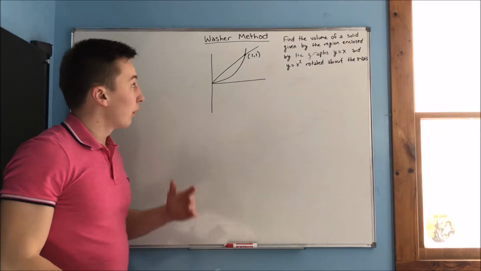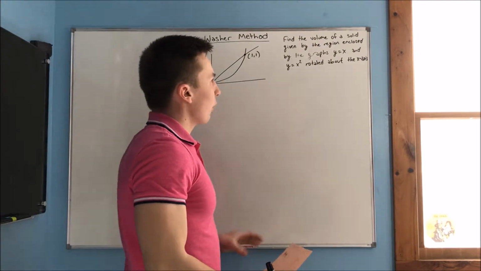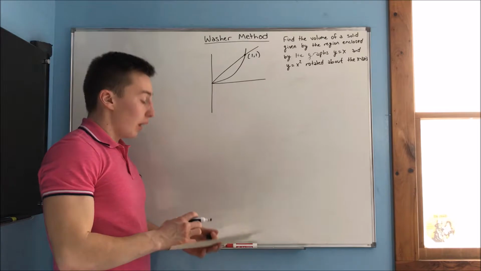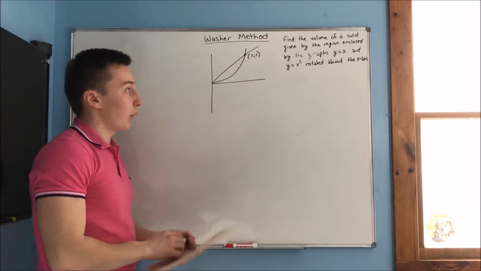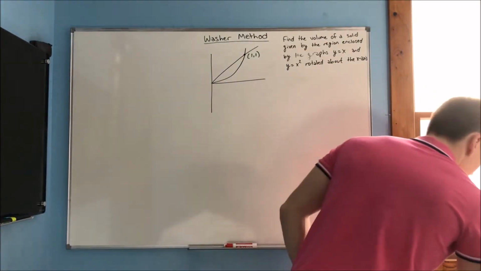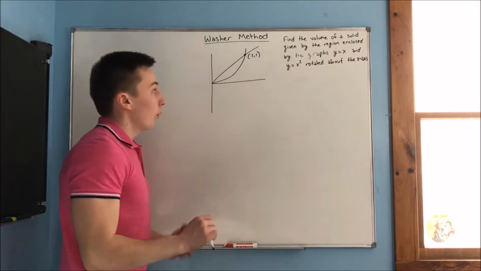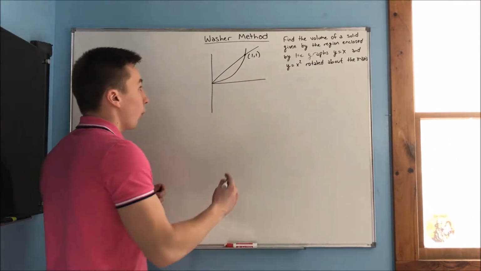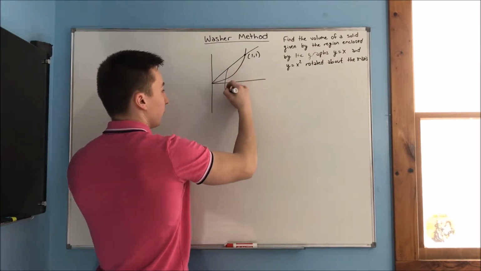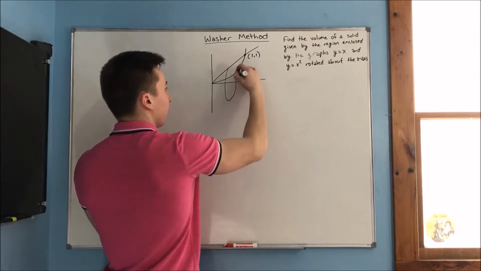Here's our first problem. We want to find the volume of the solid given by the region enclosed by the graphs y equals x and y equals x squared, and we want to rotate this about the x-axis. What's going to happen when we rotate this about the x-axis? We're going to get cross-sections of this solid